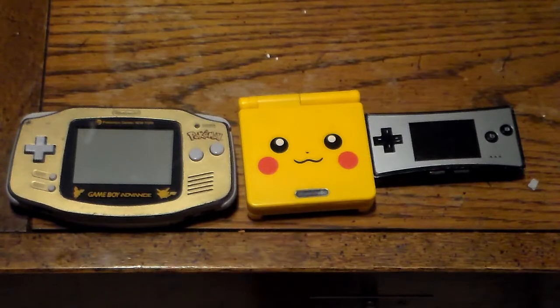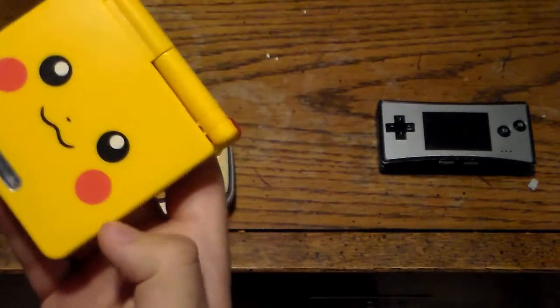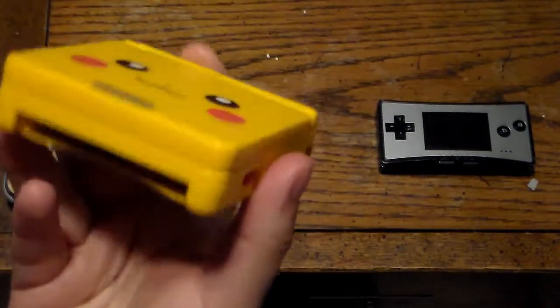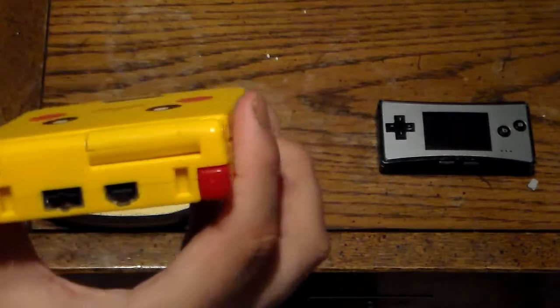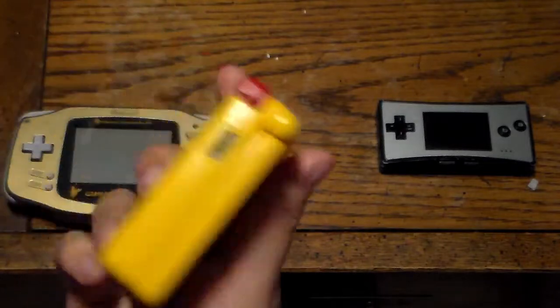Next, we're going to take a look at the Game Boy Advance SP, the backlight model, that is. The only differences between this and the front light is, well, looking on the outside, it's basically the same. You got the same buttons in the same location, same cartridge slot, L and R, volume slider,